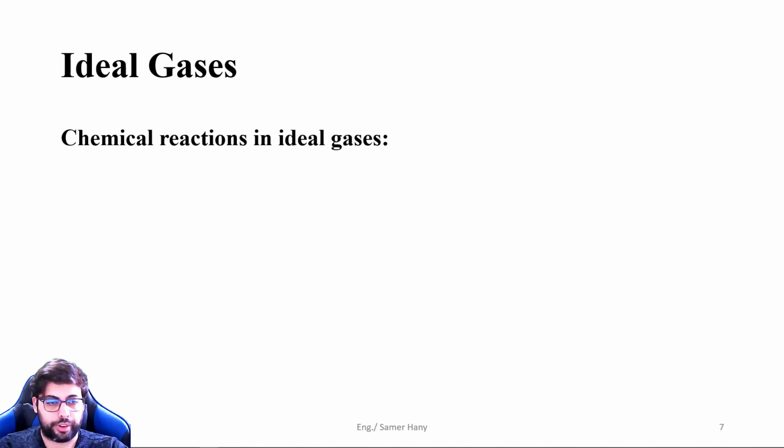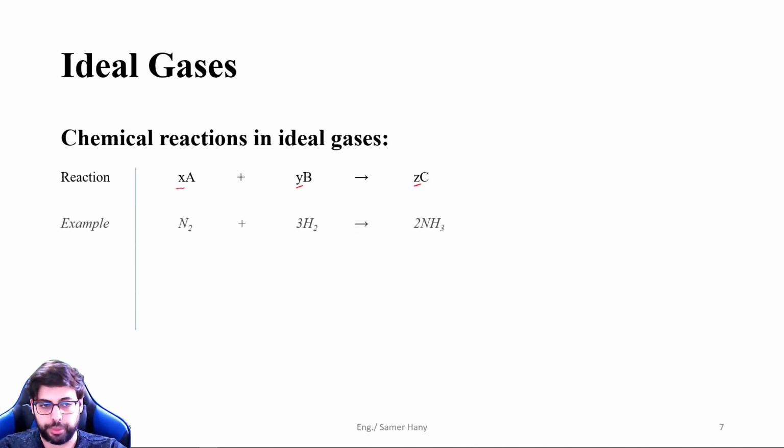Okay, moving forward to our second topic, the chemical reactions in ideal gases. If we have a reaction in this general form, X amount of A reacts with Y amount of B to produce Z amount of C. As an example, nitrogen and hydrogen reacting together to produce ammonia. And if we have